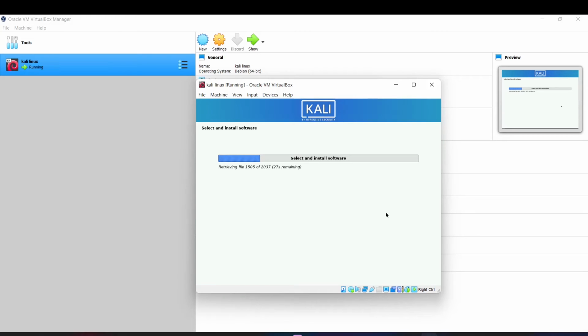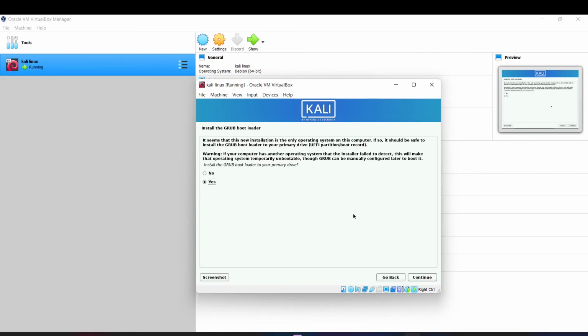So we will wait for the installation of the 2037 tools, and I will be back when all the tools are completed. Guys, now we can see the grub bootloader page. If your software installation is slow, don't worry, and don't interrupt any installation, because it depends on your internet connection and the speed of your laptop or computer. Don't interrupt any installation, because you will be in trouble, your ISO file could crash, and you would need to start all over from the beginning.